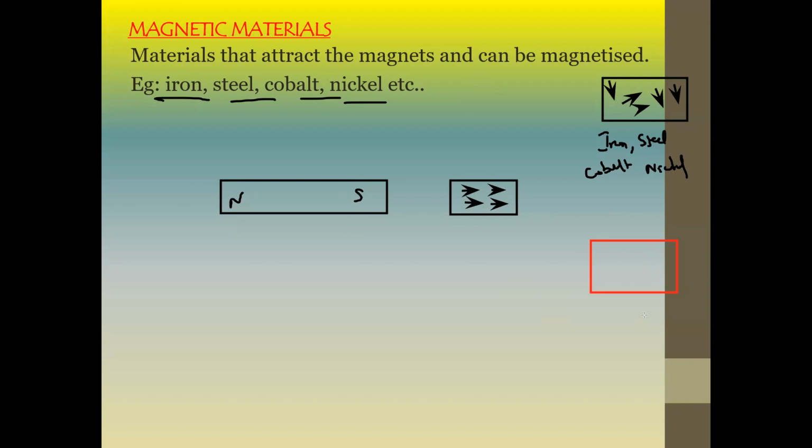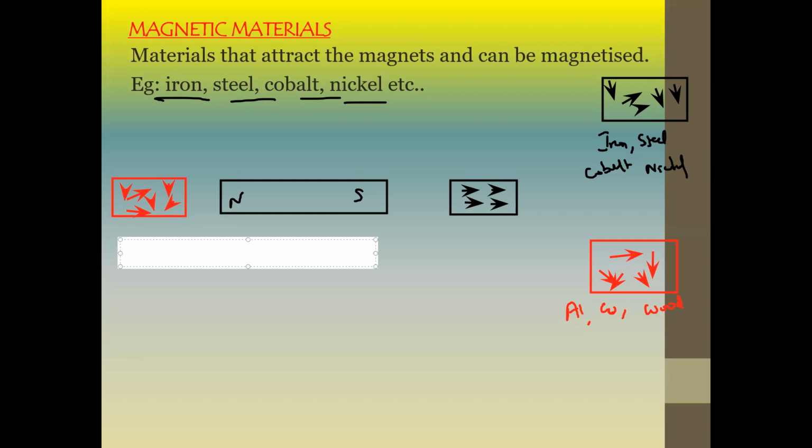For them also, the domains are not arranged. So for example, if this is aluminium or copper, Cu, I'm writing the symbol only, or wood, rubber, plastic, the domains are not aligned. And when we bring them closer to the magnet, the domains still remain random. So we call these materials non-magnetic,